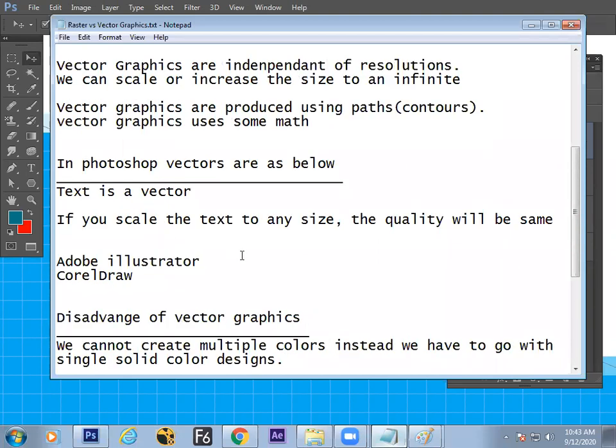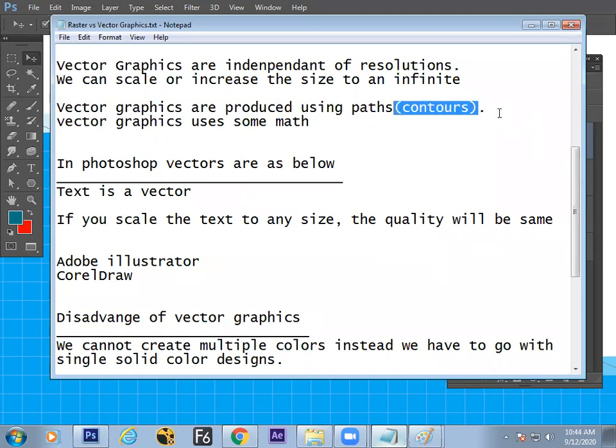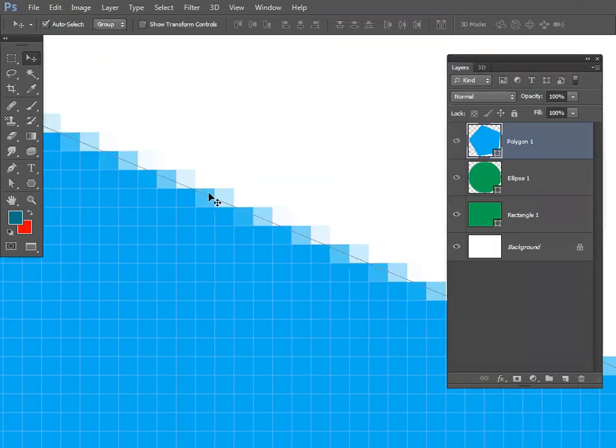So I mentioned it here. Vector graphics are produced using paths, contours, shapes. Okay. So I will show you that path here. When I zoom in, can you see the line here?